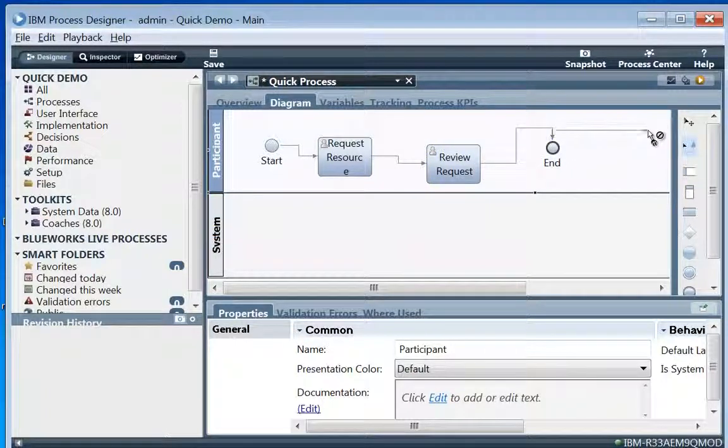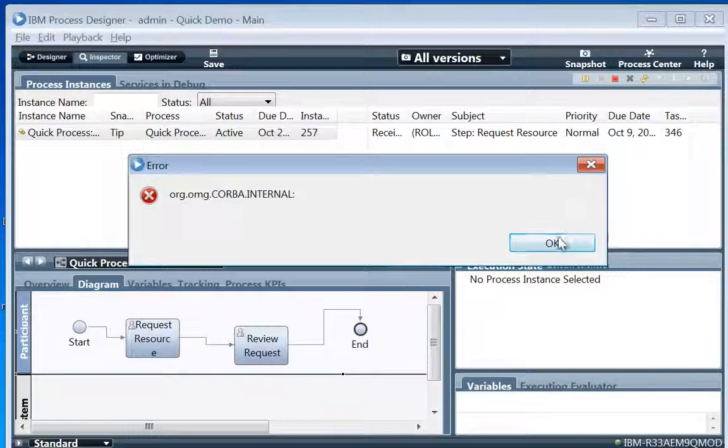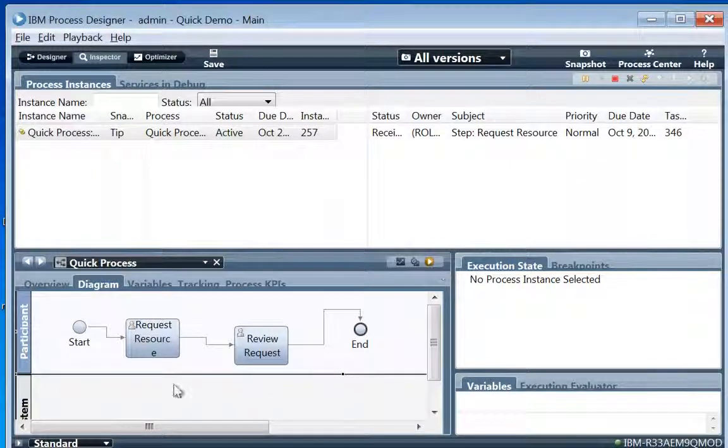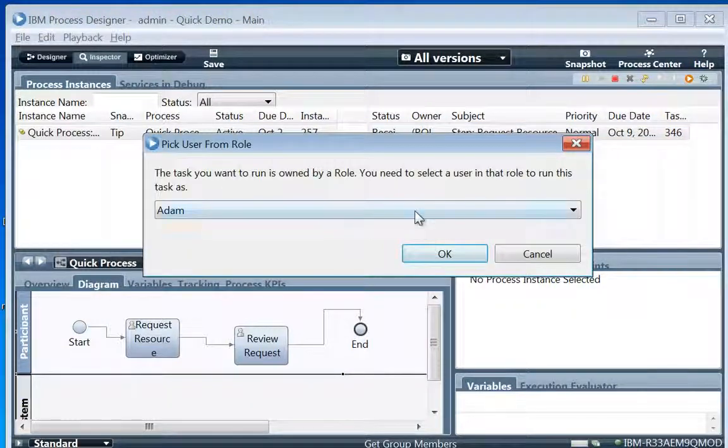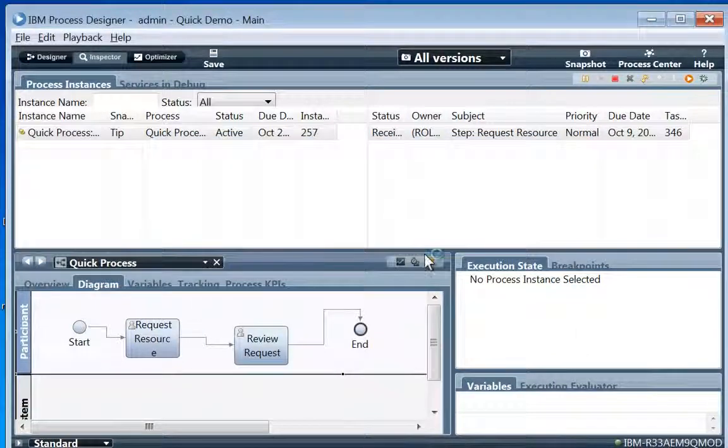Now, one of the beautiful things about IBM BPM is we have this little run process button, which you can't quite see, it just scrolled off the screen. But when I click on that, it will bring up the process inspector. And I have right here the process. I can step through it. I can say it is owned by the administrator, because that's who I'm logged in as. And as soon as I pop it up,